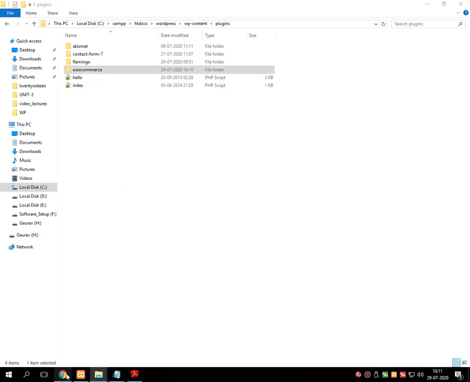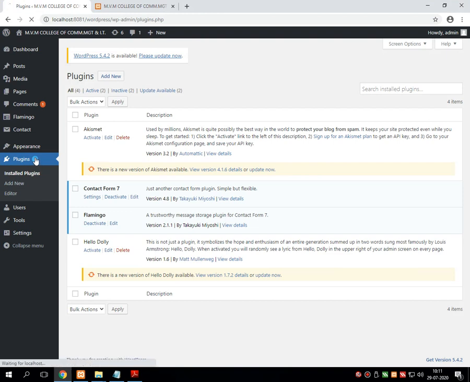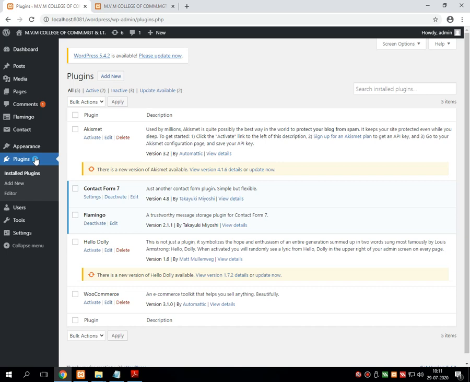Now just open your browser again and refresh the page. Here you will see your plugin. Sometimes it happens that your browser stops responding for multiple plugins, so this is another option for installing a plugin into WordPress.